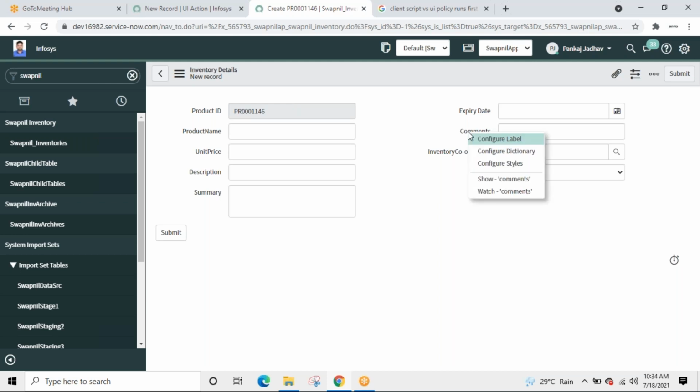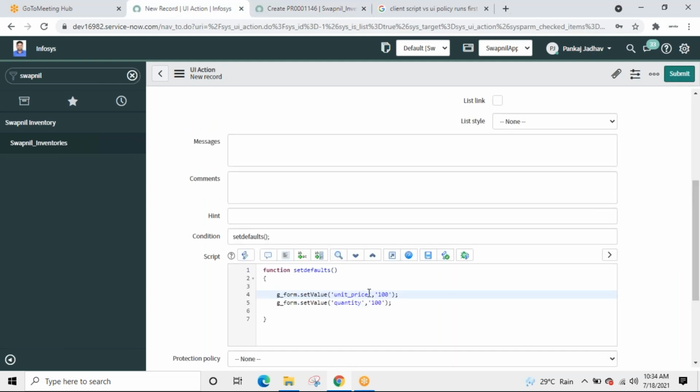Summary and comments. It's the same. Copy, paste.